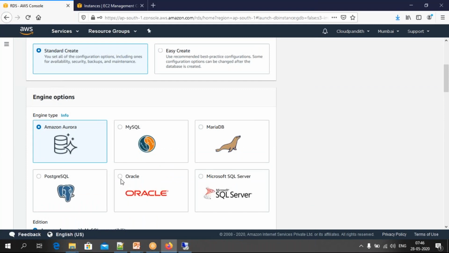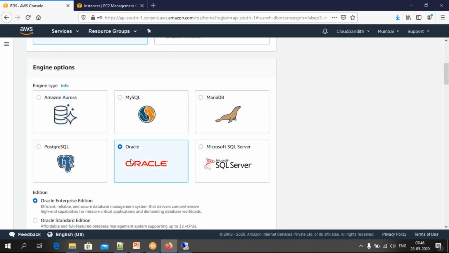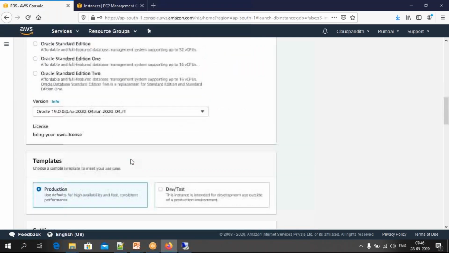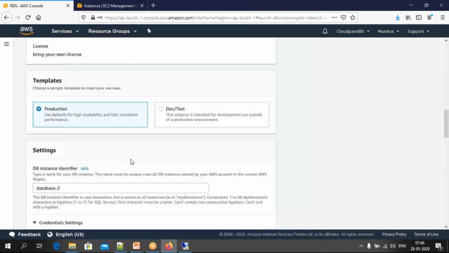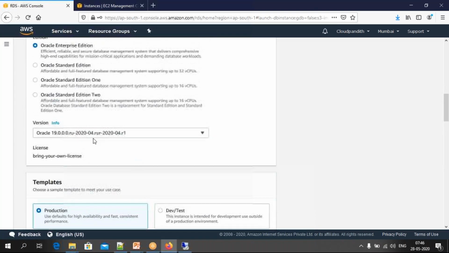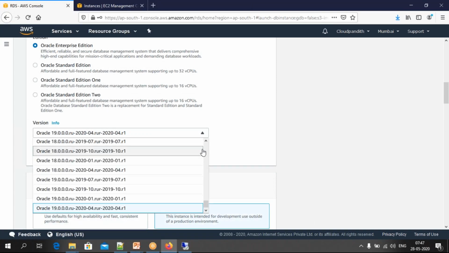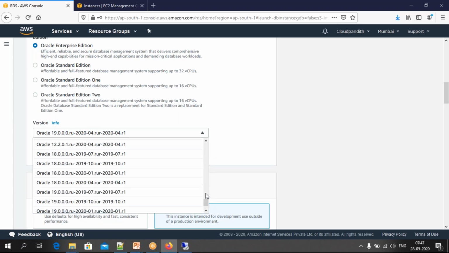Okay, let me just select Oracle. I think it has not taken the previous name. Let me create a new database. System is very slow, friends. That is the reason.